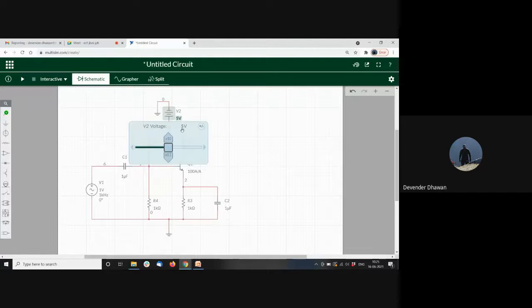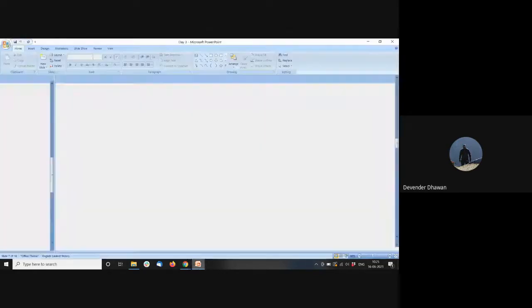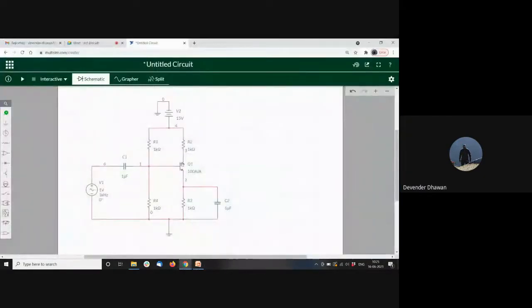Let me make this voltage as 15 volts. And our output measurement would be across this point. So another capacitor,